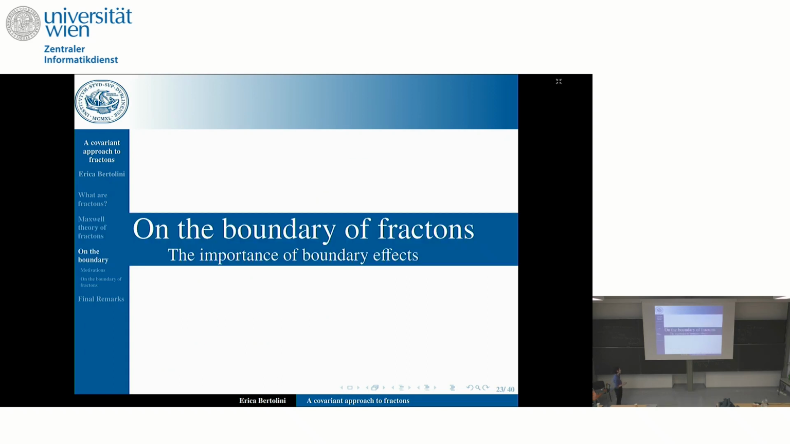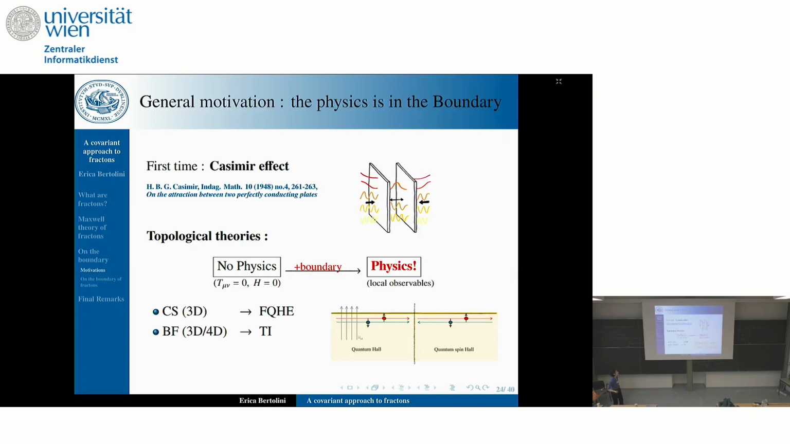One further step that is interesting now that we have a covariant formulation is to study boundary effects on these fracton models. Why are boundaries important? Well, there are many examples. The first case that comes to mind is, for instance, the Casimir effect, but also, maybe the most notable